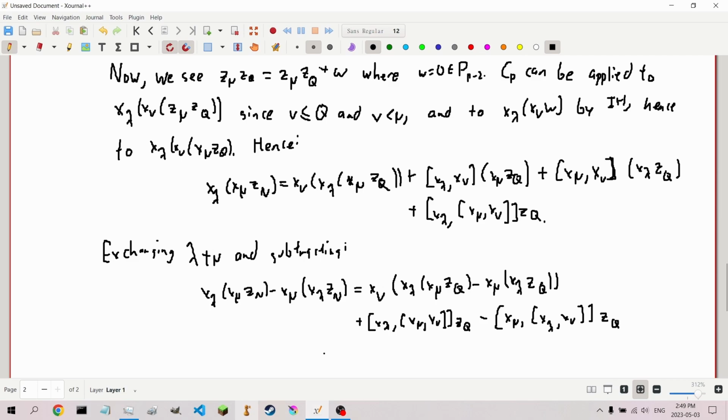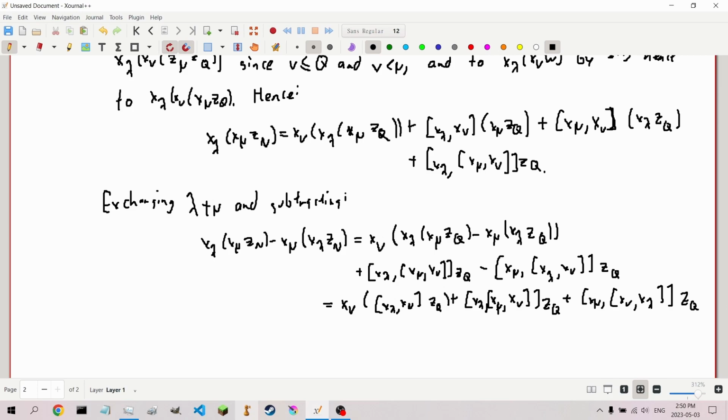and this we can show is equal to x nu of the bracket of x lambda x mu zq, plus x lambda with x mu x nu zq, plus x mu, the bracket of x nu and x lambda zq,